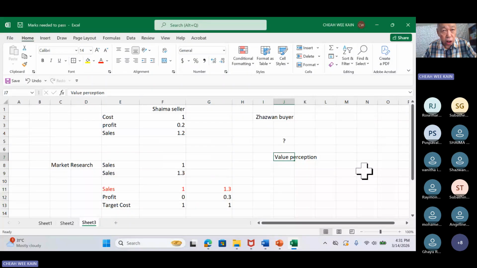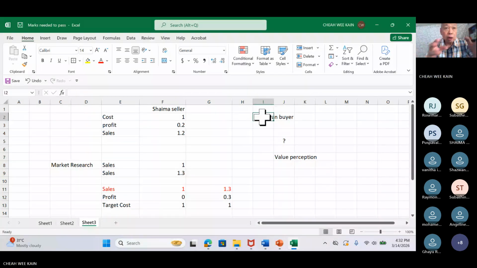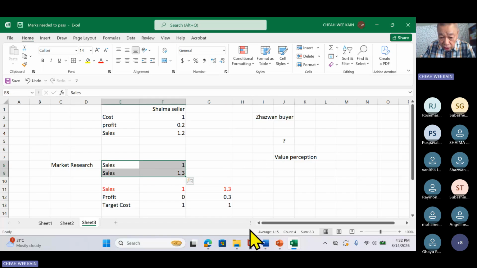Try to find all the products that you have in your company. What is the value perception for the buyer? Which buyer? You have 1 million buyers. Are you dealing with a niche market, rich customers? Your business is for rich customers, or poor customers, or average customers. The average price of the various types of market, that is the value perception price that is decided in market research. Is that understood?